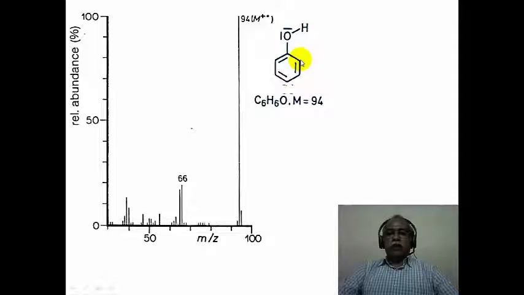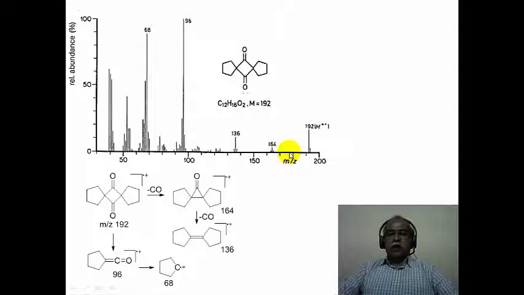The keto form of phenol can undergo carbon monoxide elimination. So essentially a loss of 28 is what is seen to register the 66, and the 28 loss is because of the carbon monoxide elimination from the keto form of phenol. In other words, in the gas phase there should be sufficient concentration of the keto form of phenol, which undergoes the elimination of 28 mass units, which corresponds to carbon monoxide.